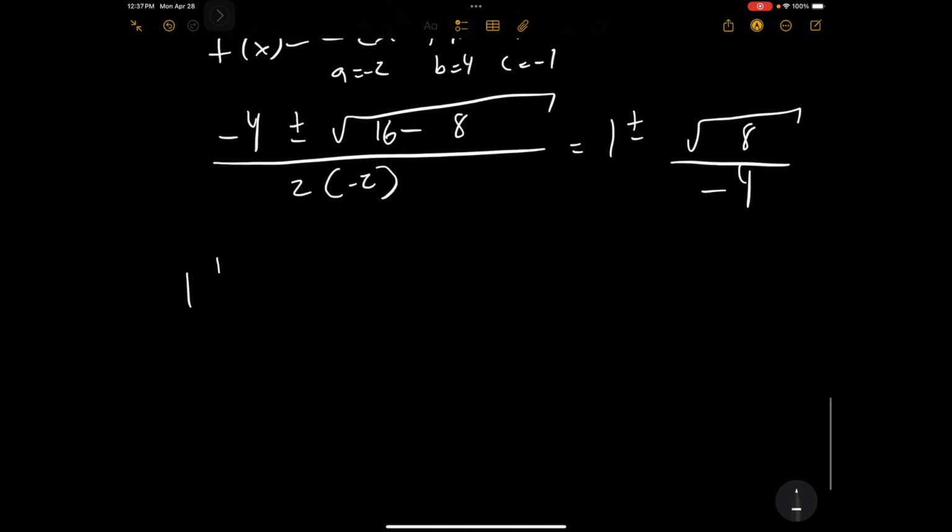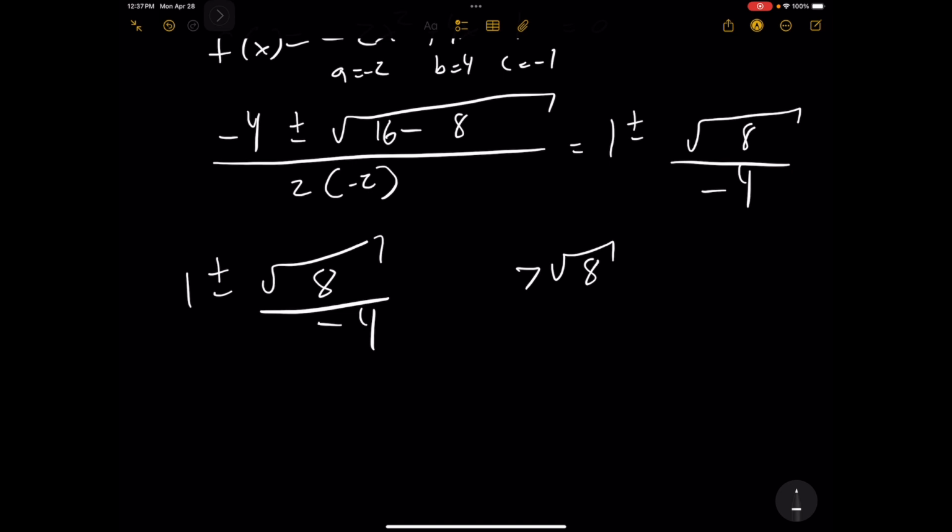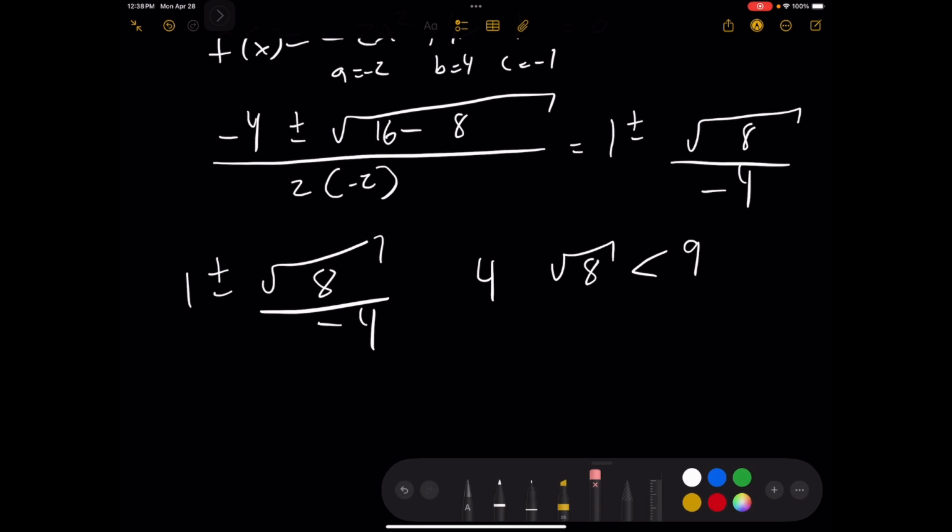So we have 1 plus or minus root 8 over negative 4. 2 times 2 is 4, 3 times 3 is 9, so the square root of 8 is somewhere between. The square root of 8 is greater than 2 squared, which is 4, but it's less than 3 squared, which is 9, so it's somewhere between 4 and 9. Sorry, let me flip this. It is